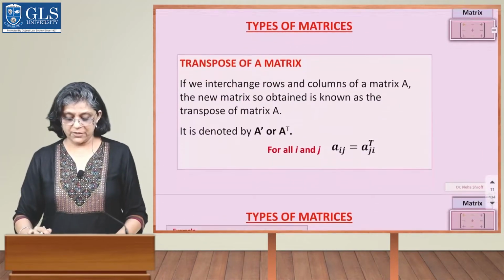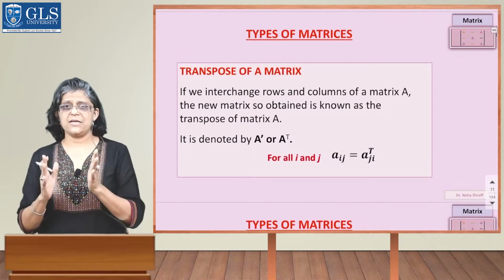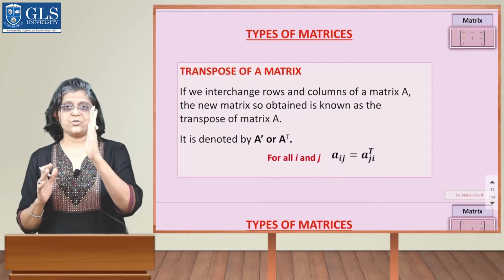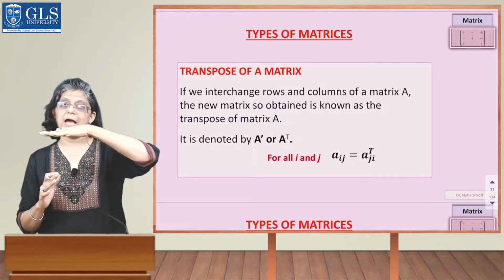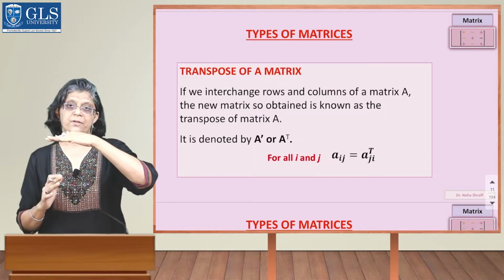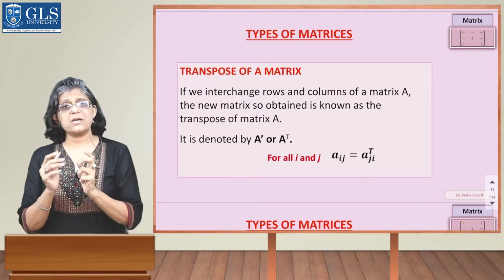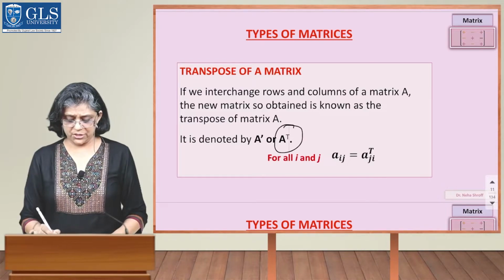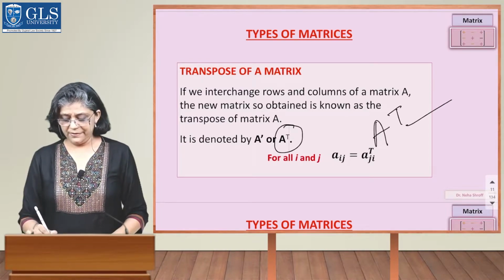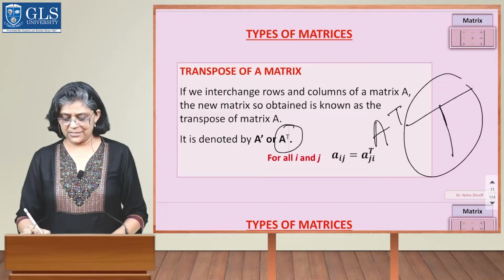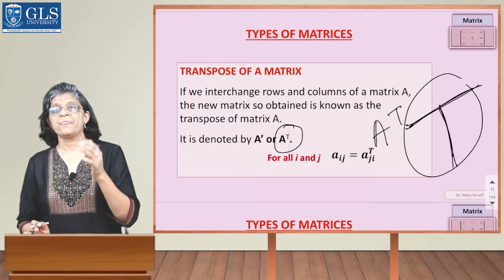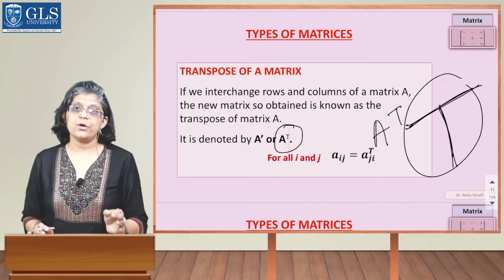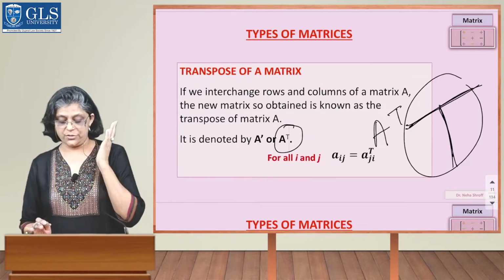Next we have the transpose. For transpose, you just have to understand, you have a straight line like this, that is called vertical. If I transpose, I keep it horizontal. Clear? So transpose has another definition, and its notation is A of T. The T shows that we make a vertical line horizontal or a horizontal line vertical. So remember the definition, that if we interchange rows and columns of a matrix, this